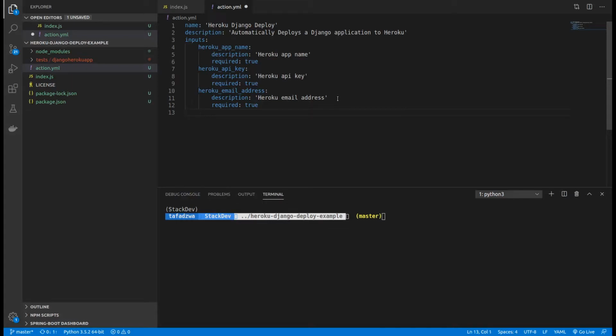Some of the inputs will include them as we go on. So for the outputs now, what I'm simply going to add here is our status so that we'll be able to know if our test runner is finished. So here for the description, I'm simply going to say status of the action, right? So I'll actually show you how you can use this status once we are in the